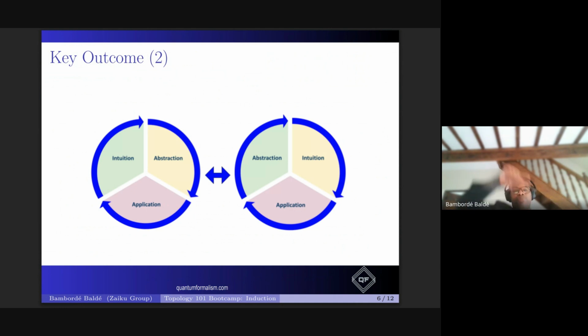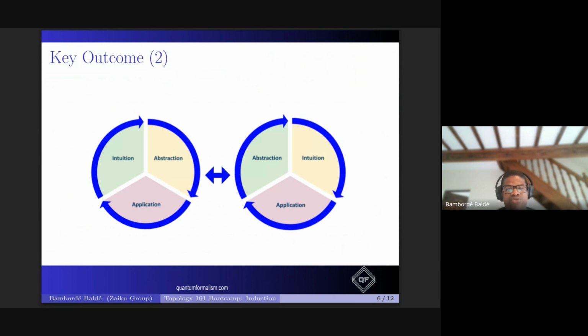On the other hand, you should also be able to go the other way around: from intuition to abstraction and application, but also from abstraction to intuition to application. If you stick with the course, you should have developed a mental framework that enables you to do this, going from intuition, abstraction to application, but also starting from abstraction, building your intuition, and then thinking from an application point of view.